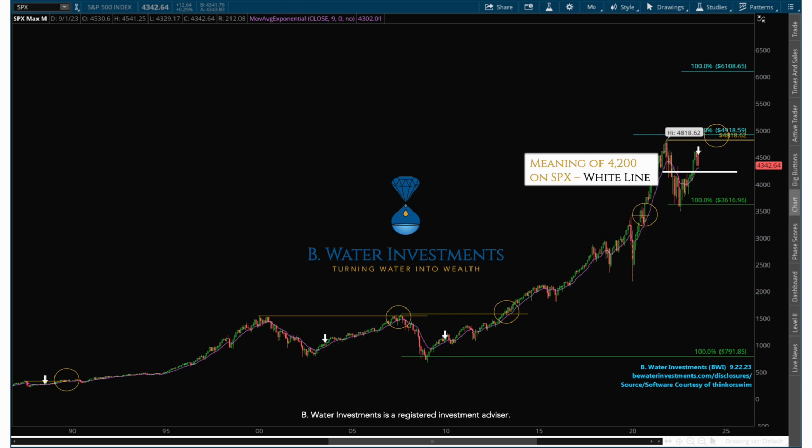Now, 4,200 is a level that we broke out from, and in technical analysis, when we break out, we most likely backtest and then go higher. So not only is that horizontal white line 4,200 an area where we got heavily involved, it's also an area where we saved a % of money to put back to work in case we retested 4,200 so we could take advantage of those prices.